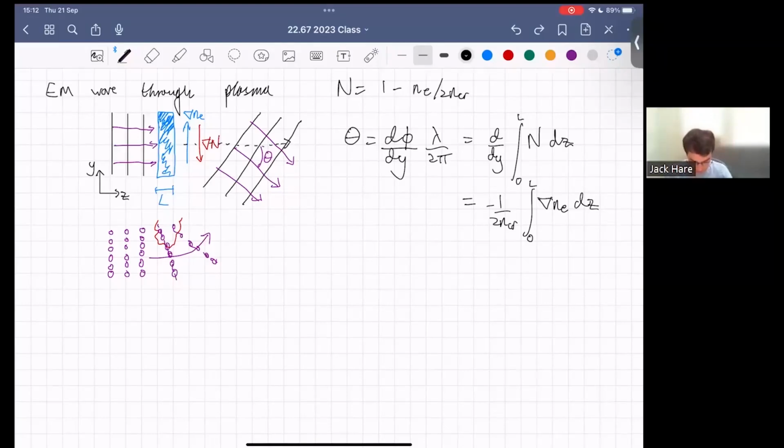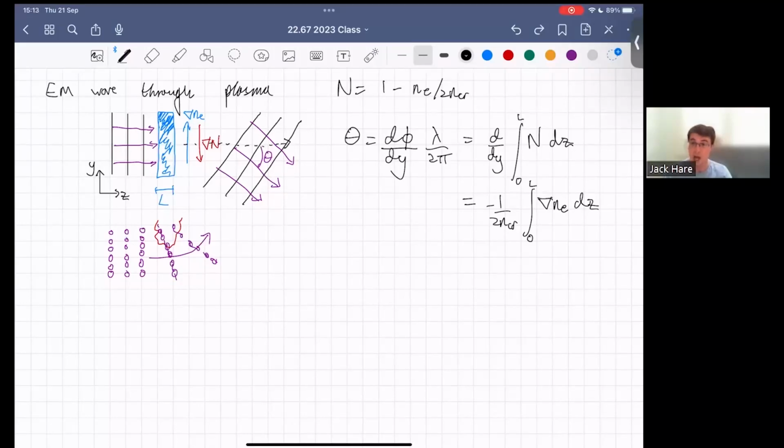Yeah, there is no gradient of density in Z, and we don't need one to get any bending. In fact, if there was a gradient of density in Z, it wouldn't have any effect on the light. It would just keep going forwards at a different speed, but it wouldn't get bent. All right, but then that integral is just